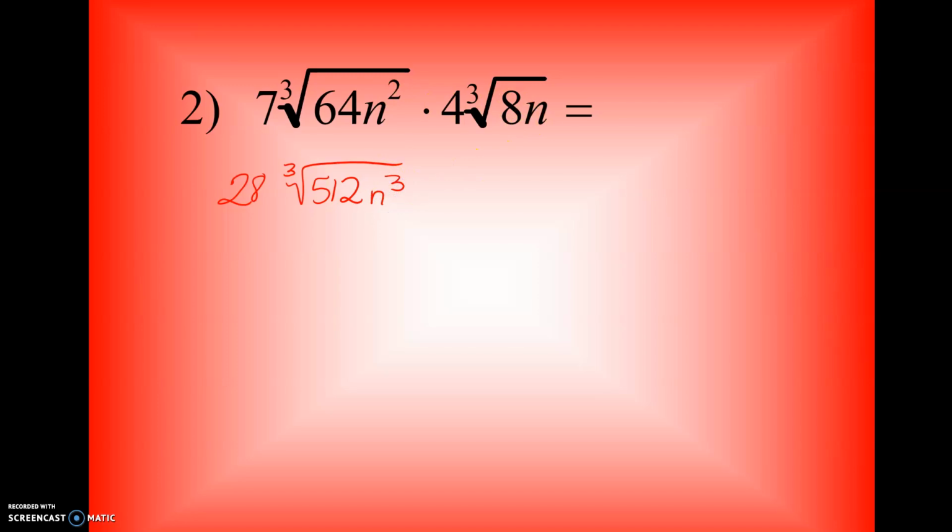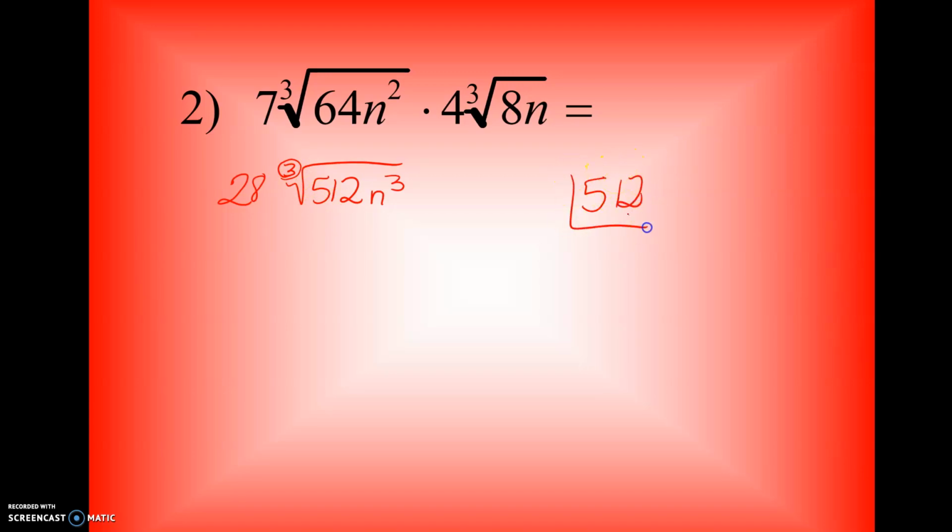So I am looking for groups of 3 because my index is 3. I could check to see if this is a perfect cube, but if I'm not sure, I again could go 512,